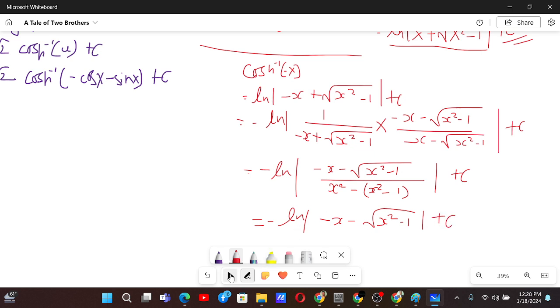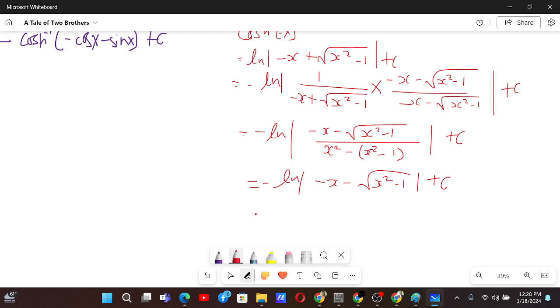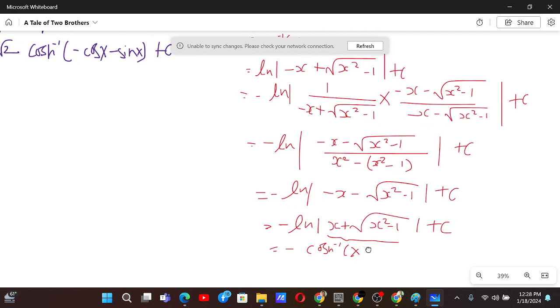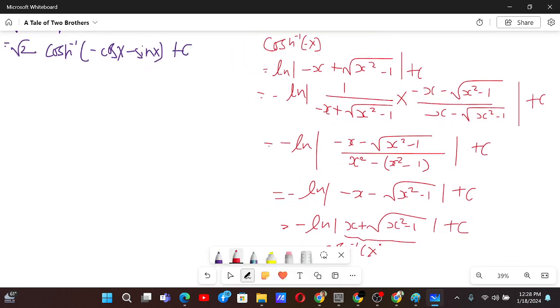Now since this is modulus, we can change both of these signs into positive sign. So minus ln of x plus root x square minus 1. Now in this case, since both of these are positive values, it's sure that there's a positive value inside. So this is just cosh inverse x, so minus cosh inverse x plus c. So I just showed that cosh inverse minus x is minus cosh inverse x plus c. That's why